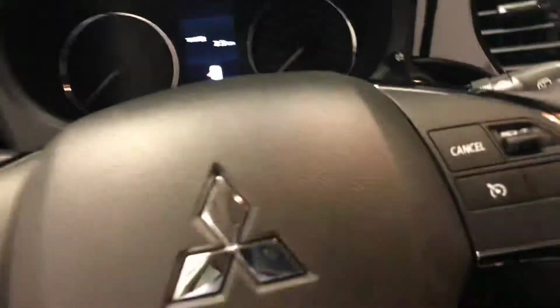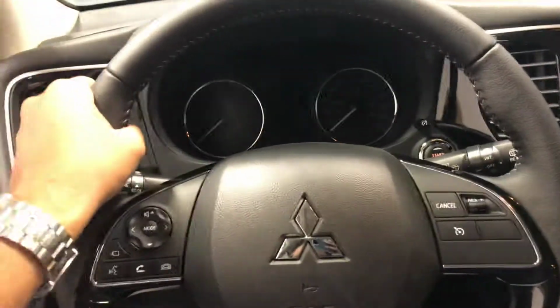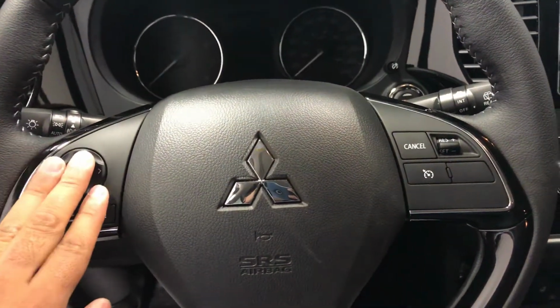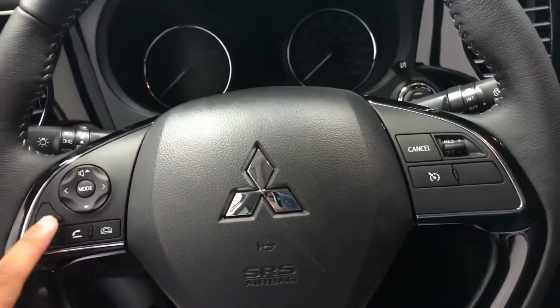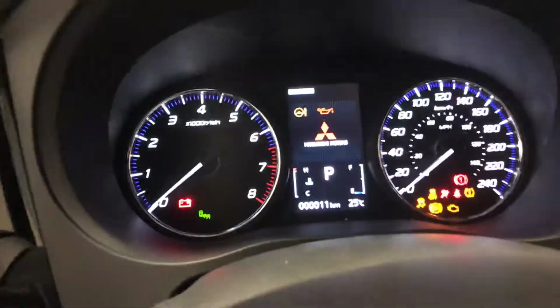Getting in, you're greeted by a nicely leather-wrapped steering wheel with piano black finish on the bottom, so it looks and feels premium, as well as it's heated for this premium model, as well as Bluetooth controls directly on the left, cruise control on the right, as well as this little button here will actually display a 360 surround view camera. I'm just going to give it a quick startup so you can get a look for the high definition